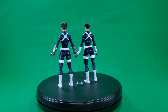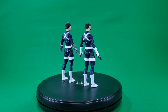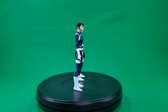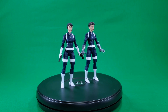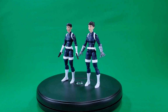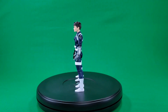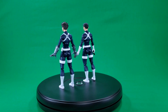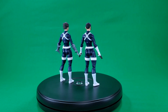And, you know, you could buy one and just swap them out as needed, or you can do like I did and get two of them, because I got them at, I won't say a greatly reduced retail, but I did get them reduced, or rather I found them reduced and picked them up. Other than that, I really don't have much else to say about this figure. Again, it'll be a nice addition